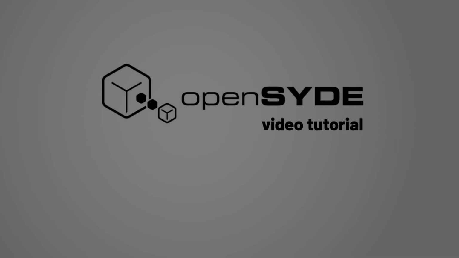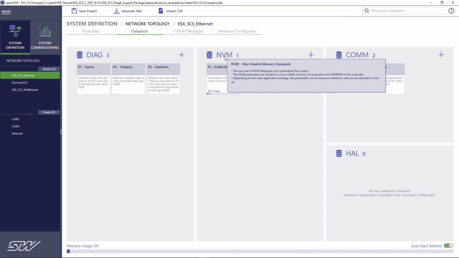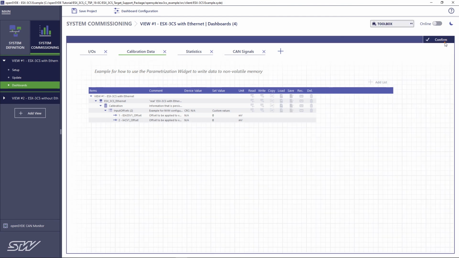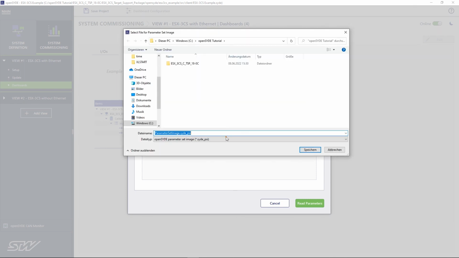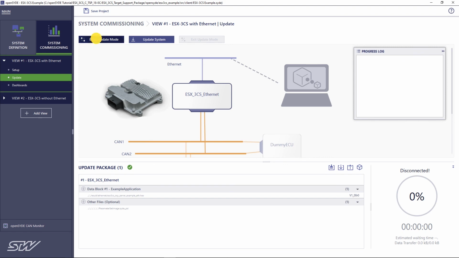We hope that we have brought you a little closer to the NVM data pools. We summarize. NVM data pools are used to manage the parameters that are written to the EEPROM of the controller. Editing is done via parameterization widgets. Parameters tested and stored on a controller can be exported as parameter set images. Parameter set images can be written to the EEPROM during flashing of a controller, either via openSYDE or via the